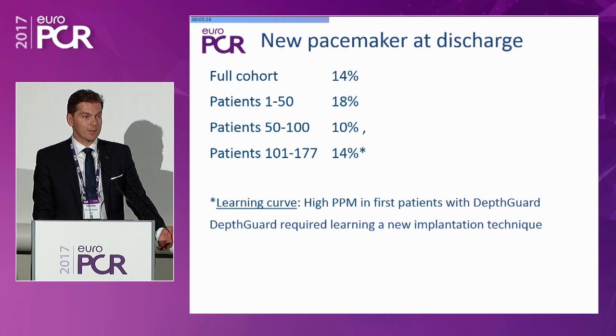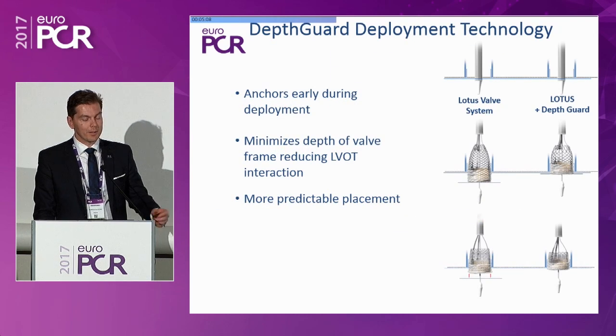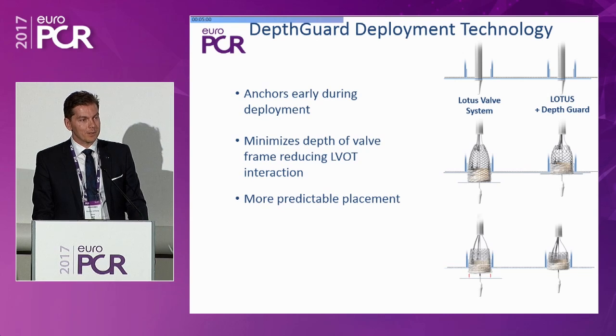Once we got it, we were actually the first ones to start using DepthGuard, and we didn't know how to implant it at the time. So I'm not going to dwell too much on the DepthGuard technology in itself. I will note, though, that with the current generation, it's more difficult to implant with DepthGuard than it